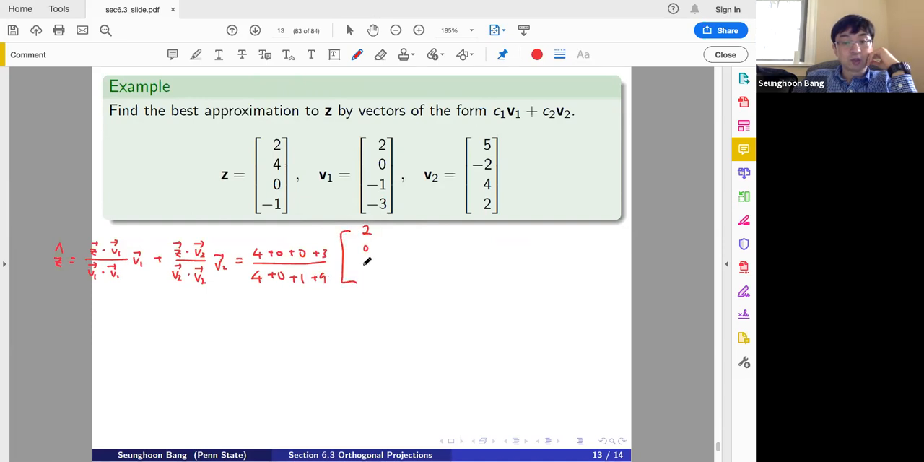Then V1 is 2, 0, minus 1, negative 3. Plus the V2 term: 2 times 5 is 10. The 4 times minus 2, negative 8. 0 times 4, 0. Minus 1 times 2, negative 2. Over